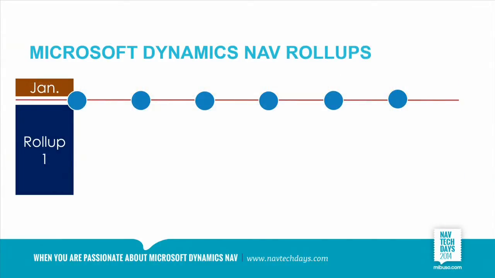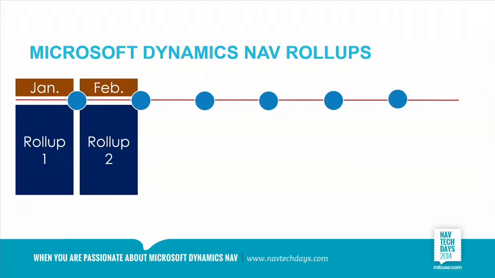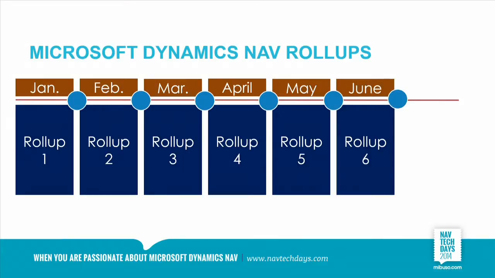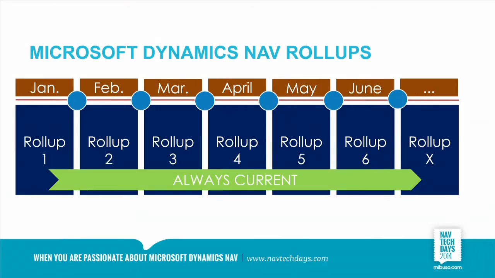On top of the yearly releases, we get the monthly roll-ups that contain hotfixes, regulatory features, but also whenever Microsoft finishes some feature, if it's not breaking anything, then they backport it into the roll-ups, and we actually get new features inside the roll-up. So we get those monthly releases, and instead of upgrading every 2 or 3 years, the strategy that Microsoft wants us to follow is to be always current. They want us to be always current with our add-ons, and they want us to be always current with our customers as well.